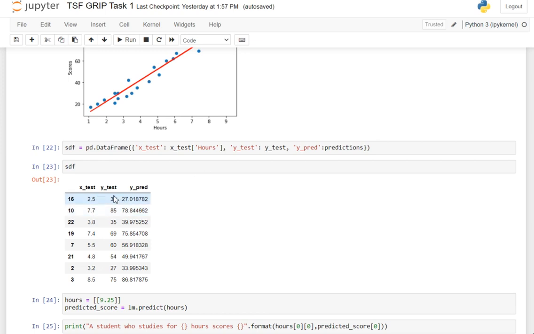And Y test is the actual Y values of the data set. Y pred is basically the predictions that our model has made. So if a student studies for 2.5 hours, his score is 30, but our model is predicting 27. If a student studies for 3.8 hours, the actual mark scored is 35, but our model is predicting 39, which